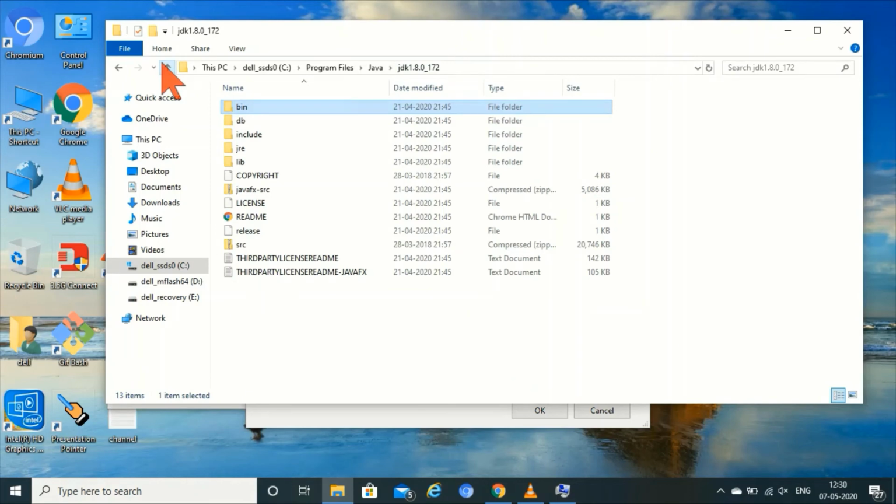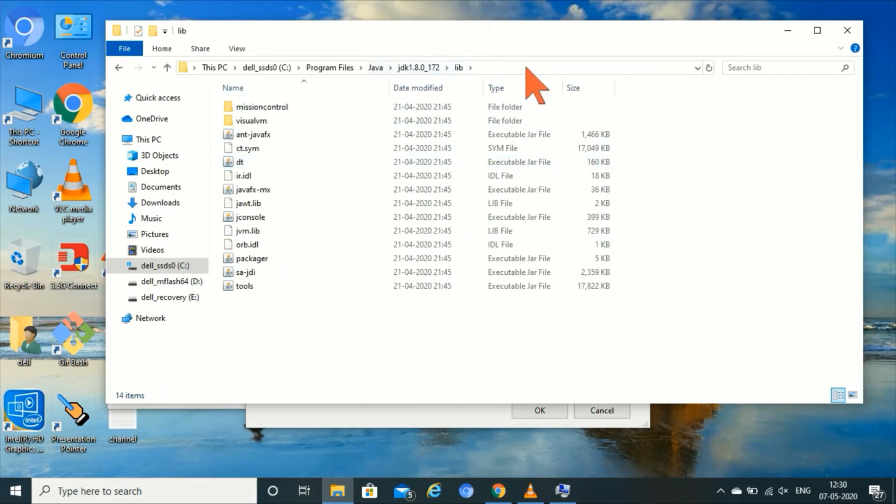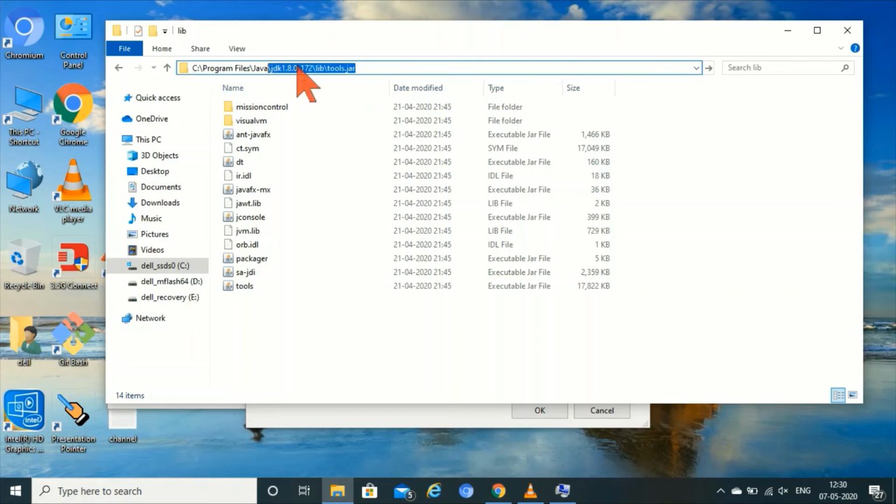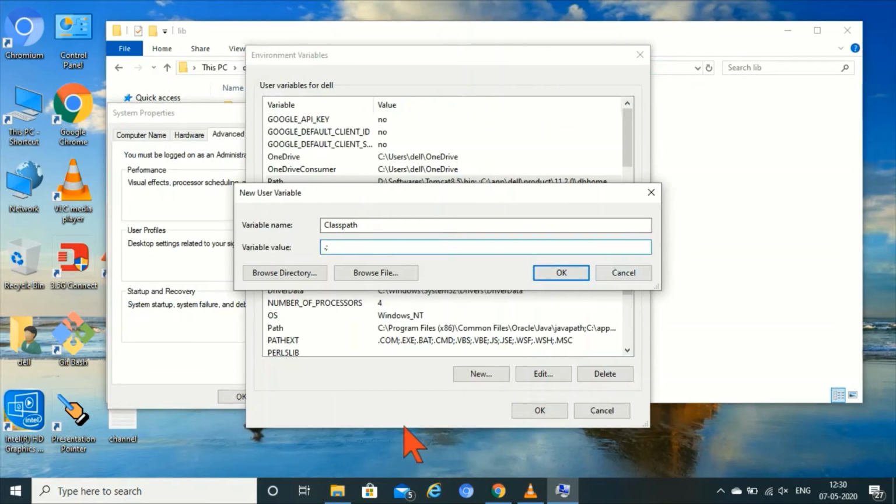For that purpose we are giving the dot operator. Library JDK. Next, tools. Here search for tools. Copy this path, paste.